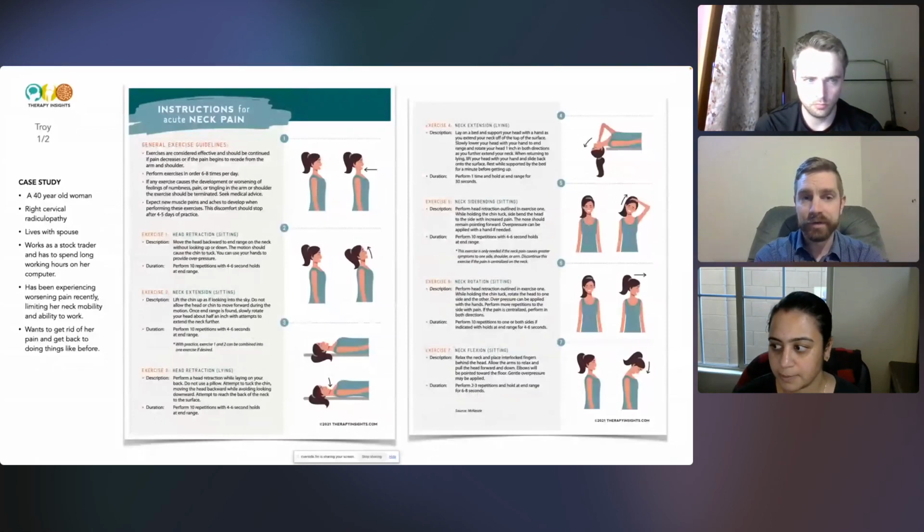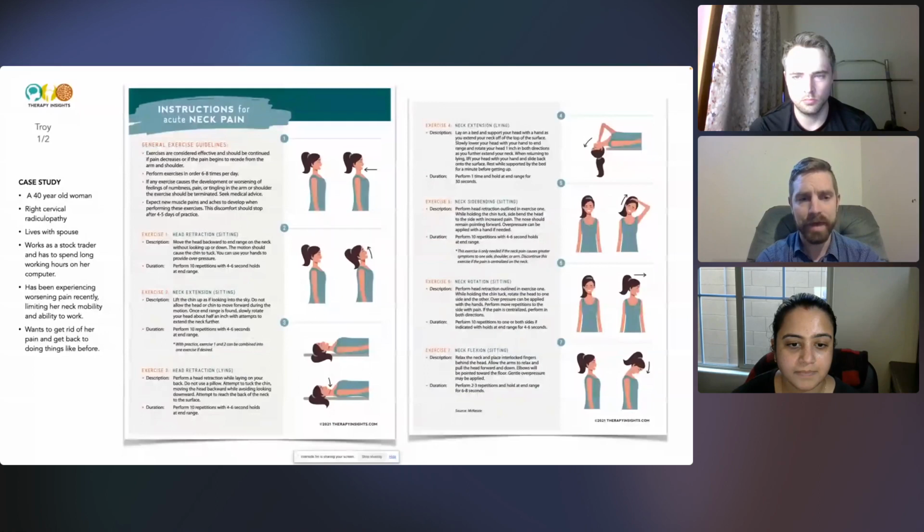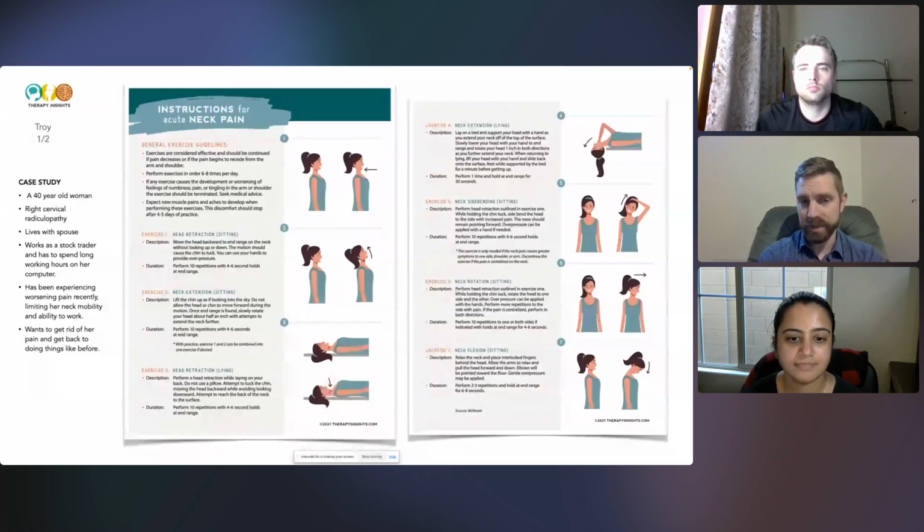This one is just instructions for acute neck pain. It's a very specific kind of protocol that is, if I remember right, a McKenzie type method. McKenzie is a physio that has been around for a little while and has developed specific movement patterns. So this resource just goes through potential options and progressions for someone that is experiencing acute